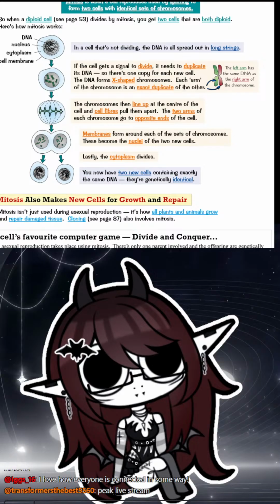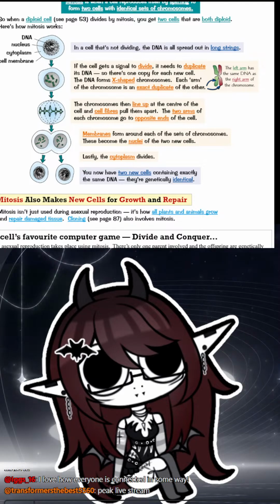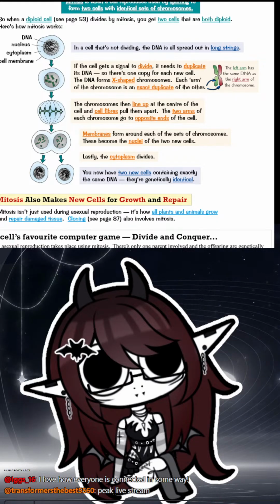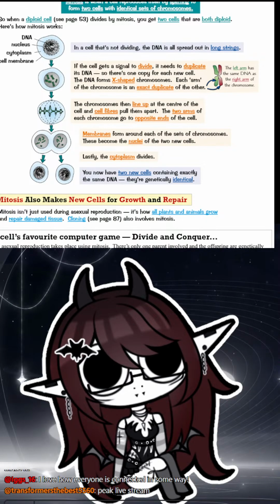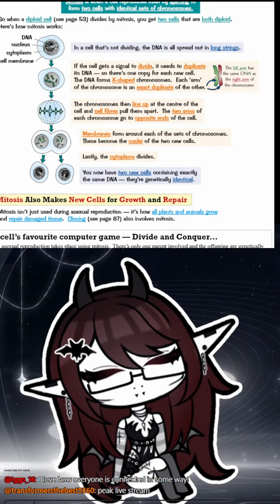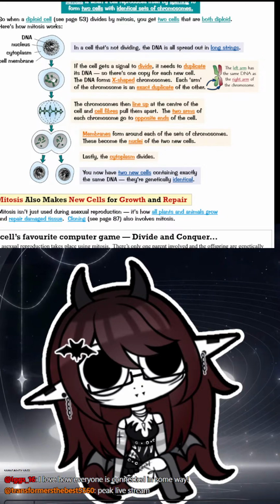Now, let's look at this. This green one and these red ones are completely the same, despite the color differences, to just show which ones are moving to the left and which ones are moving to the right. And first, you always have to remember that the cell must have enough nutrients to be able to divide, it needs to have enough nutrients and power and such. So, yeah. And then let's do the next stage.